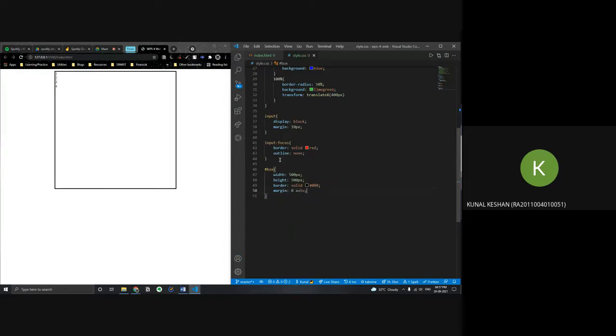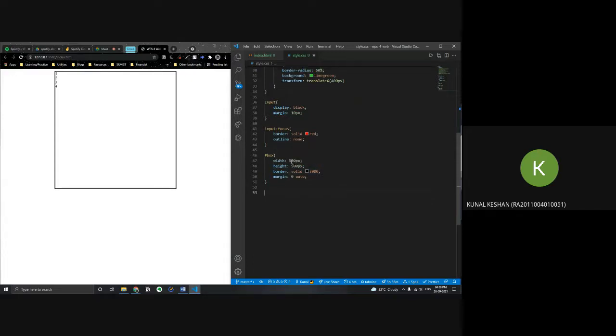This is a simple way to horizontally center any element. You just give a margin 0 and auto. This auto basically goes for margin left and margin right, and it adjusts itself in the center of the web page or whichever content it is in. Let's just increase the width for explaining all. So I'll put 800.